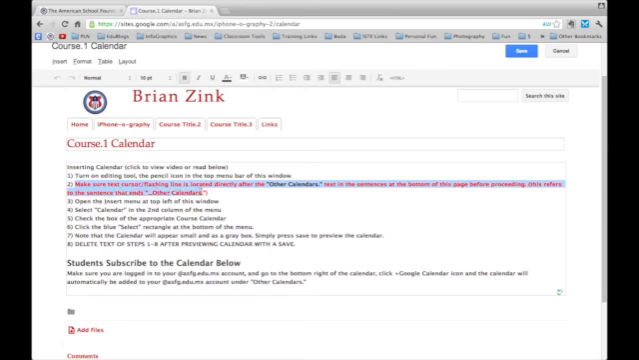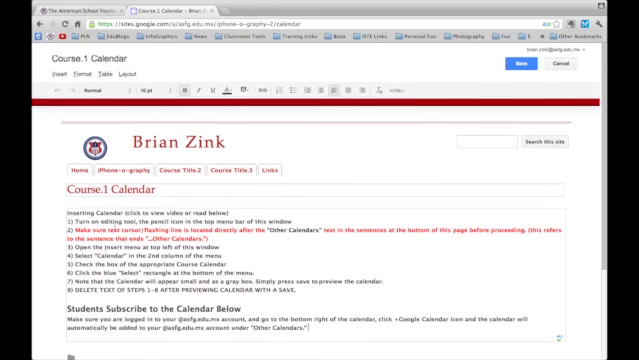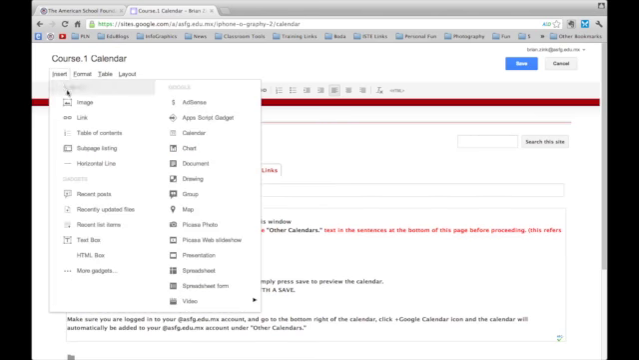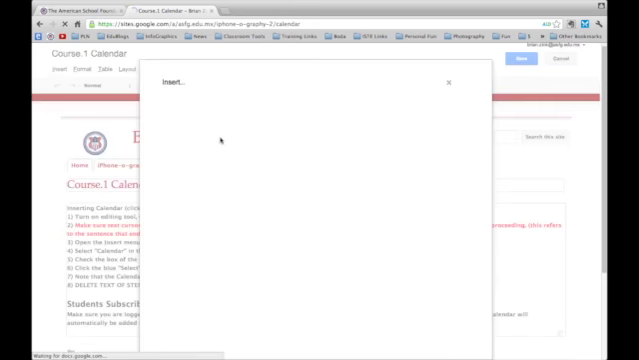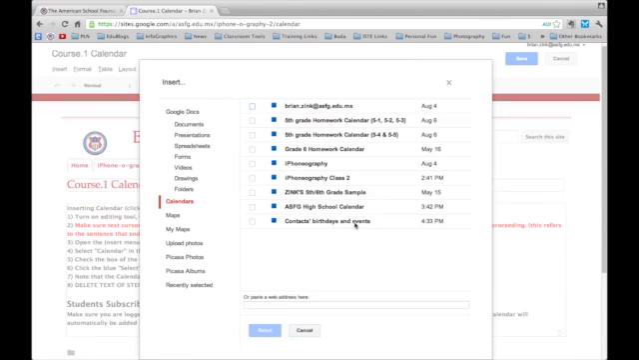Make sure the cursor, the flashing line, is located directly after the other calendars text in the sentence at the bottom of this page before proceeding. So that means I need to make sure my cursor is right here at the end. Open the Insert menu at the top left of the window. So go to Insert, and then the second column is the word Calendar, and I see all the calendars I've ever created. I'm going to choose iPhoneography, click the word select,